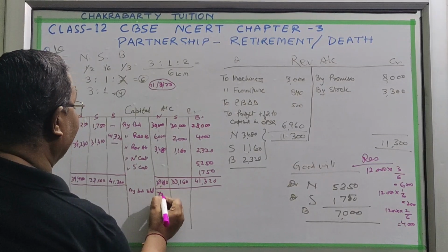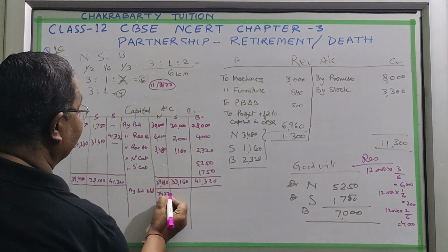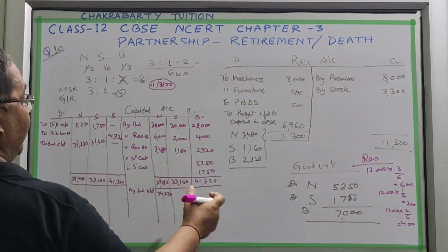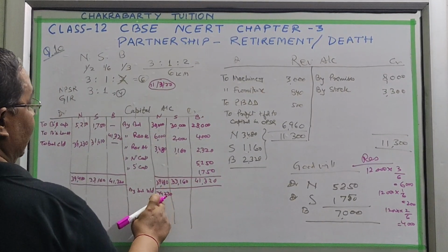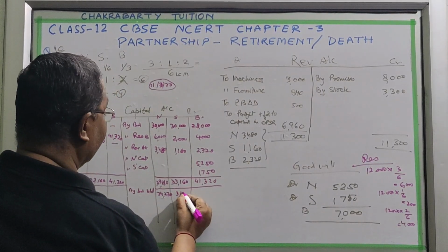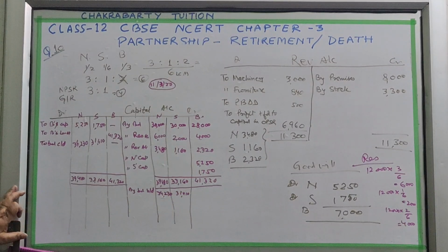Their remaining balance is this much after his retirement. After retirement, this is because this person's loan account we have made. So after retirement, the position is 34,230 and 31,410. Now they want to adjust